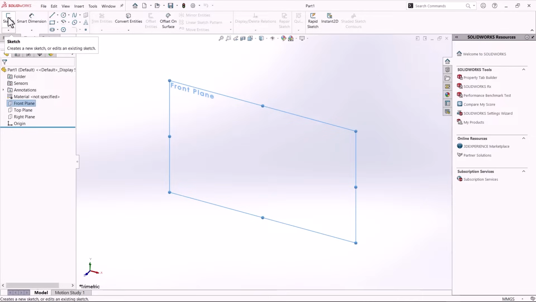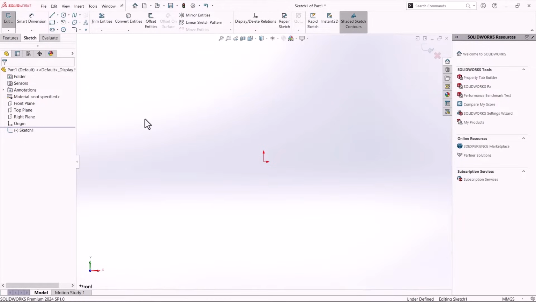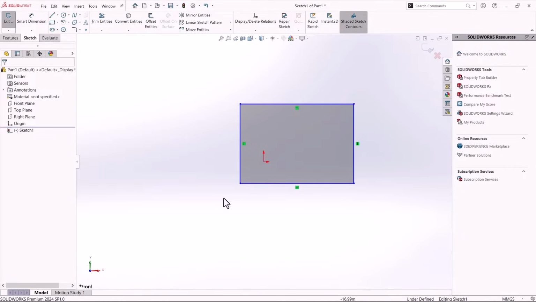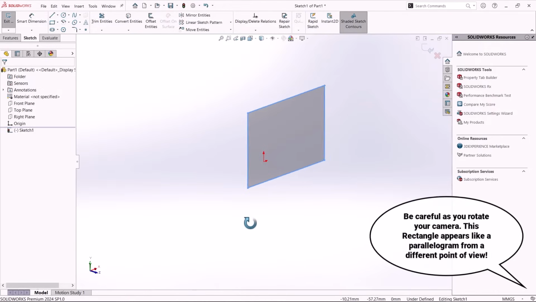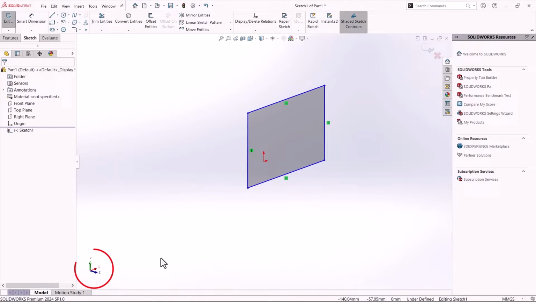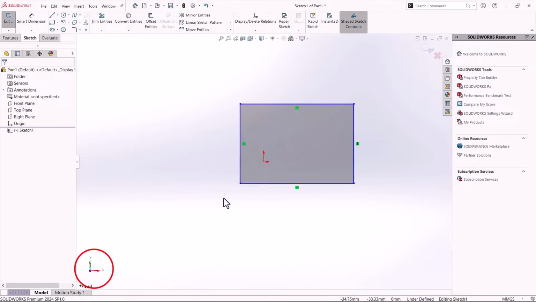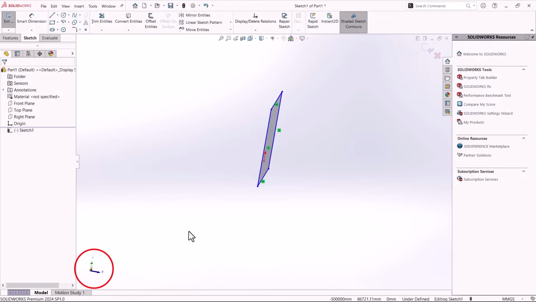For example, let's choose the front plane. As you select it, you'll notice that the plane rotates so that it's directly perpendicular to us, ready for sketching. For beginners, it's crucial to always maintain a perpendicular view to the drawing planes. If, for instance, you accidentally rotate your camera angle, it might seem like you're making mistakes in your design when in fact it's just your camera angle that is off. You can verify this by checking the triad at the bottom left of your viewport. Ideally, you want one axis to point directly or opposite to you to ensure perpendicularity, so this rectangle looks like a parallelogram from this point of view.